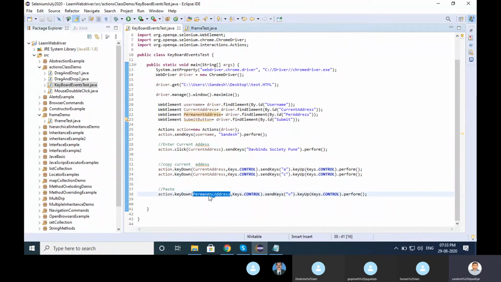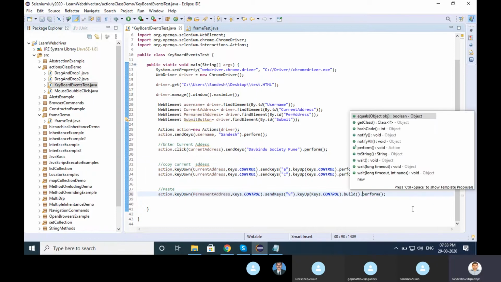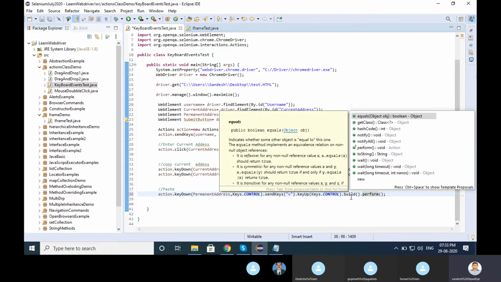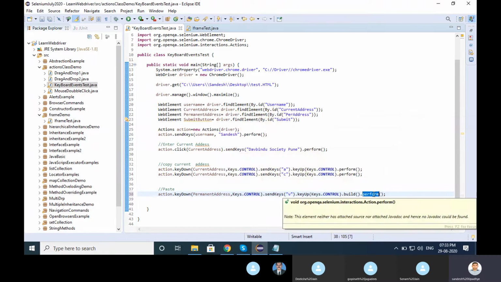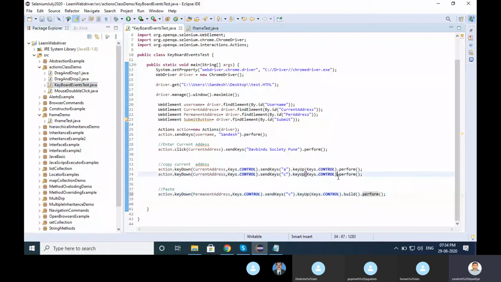Permanent address, I went into the permanent address and send key V. So here you can also use one more statement, build dot perform. So build means compile and then perform will run the action particularly. So it's recommended when we go with the action class, you need to use build plus perform, means compile and then run the actions.